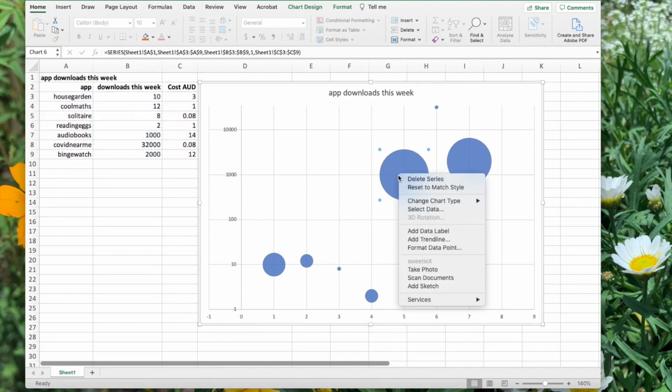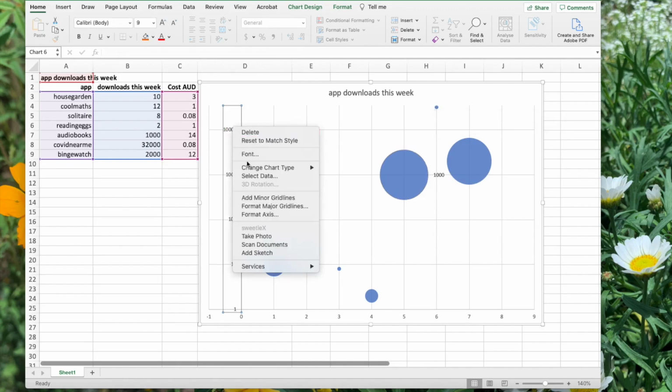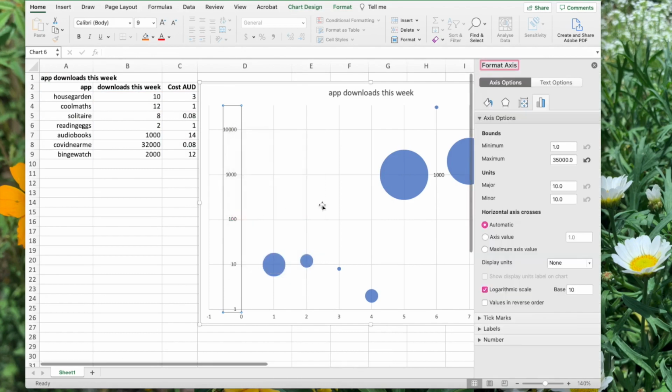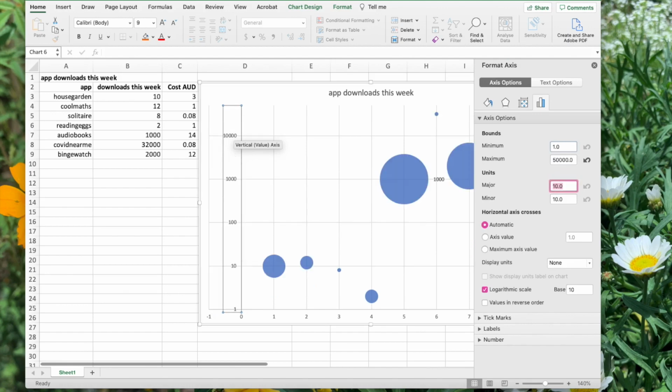Okay, let's see if it'll refresh if we add a data label. 632,000. That's COVID near me. Size 0.08. Reset. No. Format axis. Okay, it just looks so close to it because it is exponentially going up to the next size. So I think we're going to have to go to 50,000 to be able to better see that difference. And our minors, maybe we could